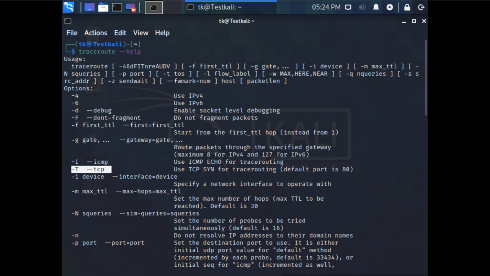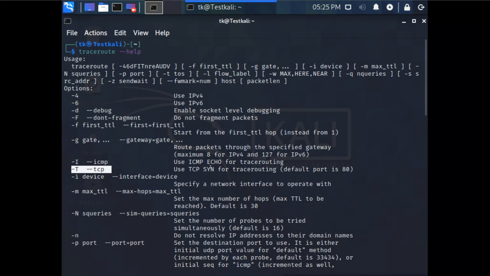Now what will this option do? Remember when we were trying to ping that site, the site is blocking ICMP. That means the ICMP echo packet is not able to go inside because their firewall is blocking the ICMP packet.